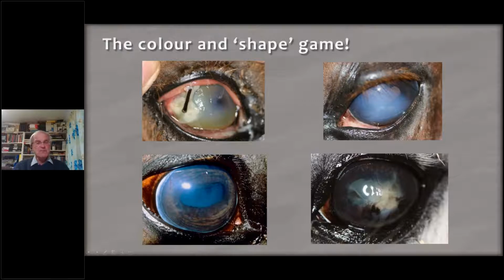But of course, again, here's a slightly blue eye. And if you can see, there are little areas of white in amongst it. So here you see white areas which represent fibrosis or cellular infiltration of